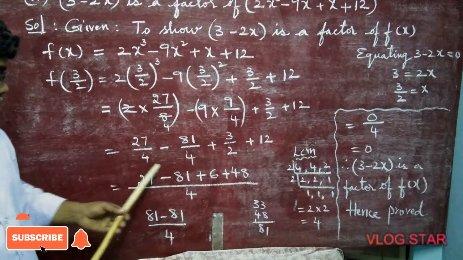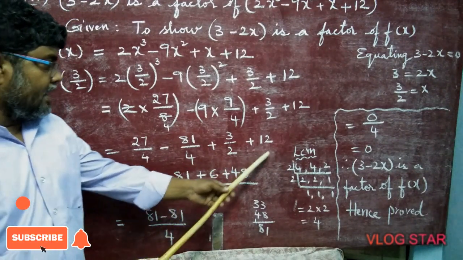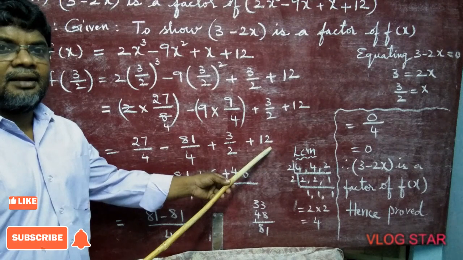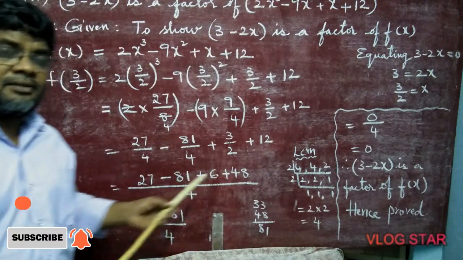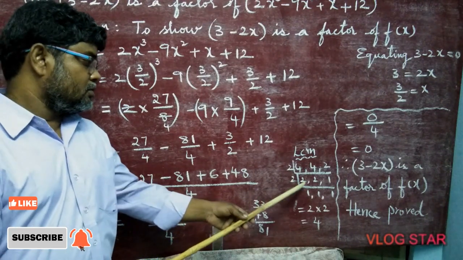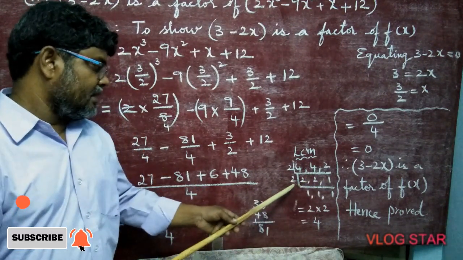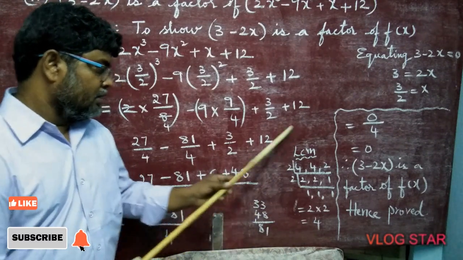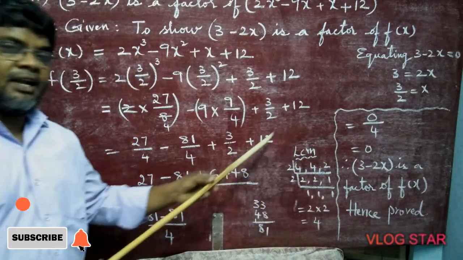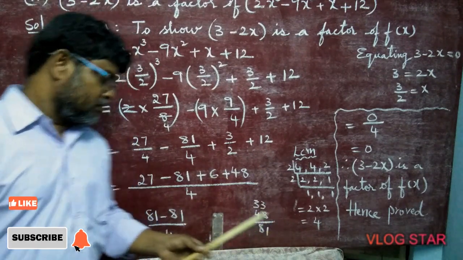Here we are having 4, 4, 2 and here 1 is there. Writing or not writing, no problem. So we are going to find the LCM for these denominators. 2 goes 2 times and here 1 time. Again the common table is there. So therefore 2 into 2, 2 2s is 4. This is compulsory. You have to find the LCM for the previous problem also.